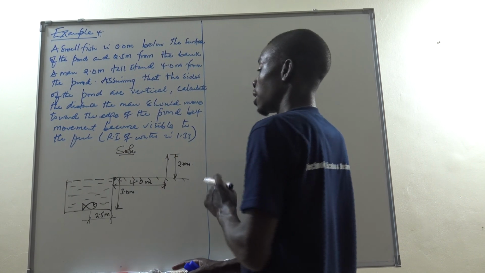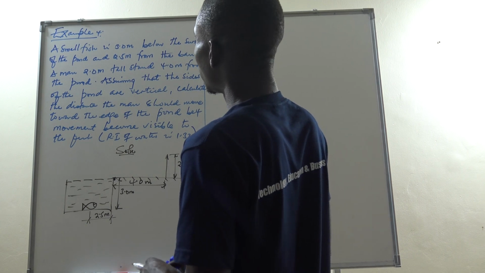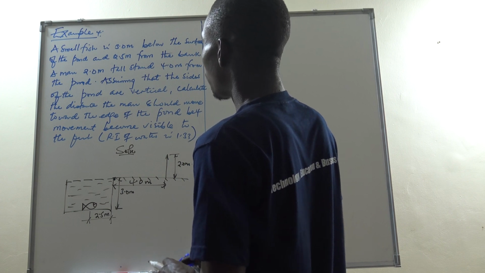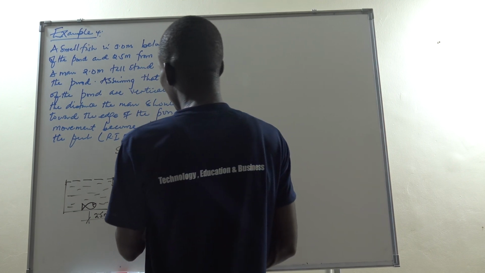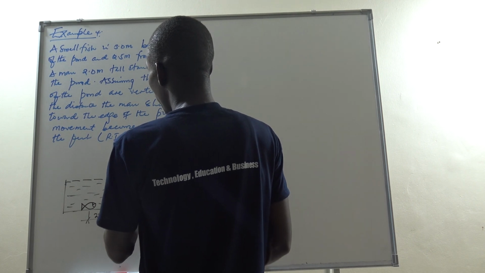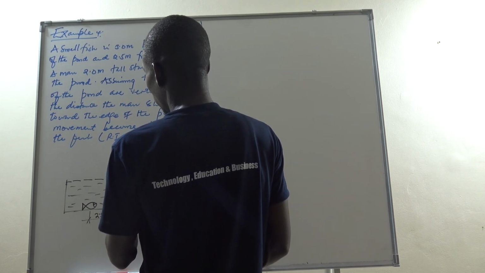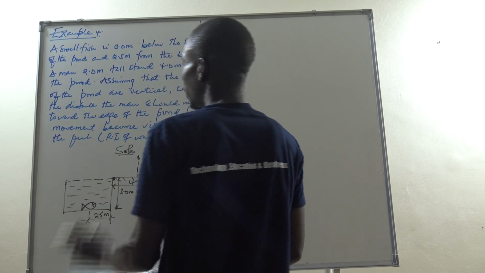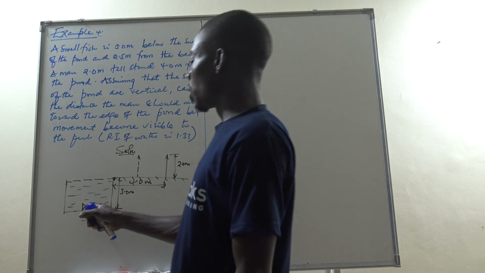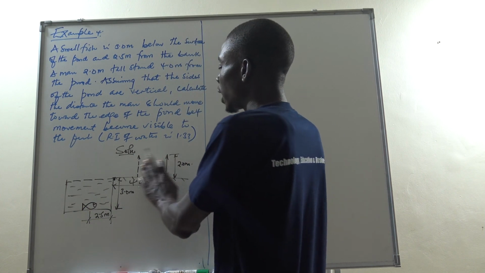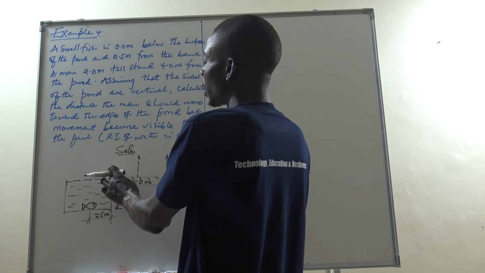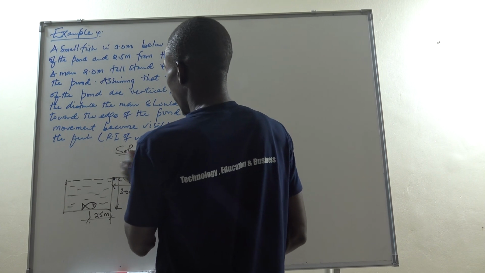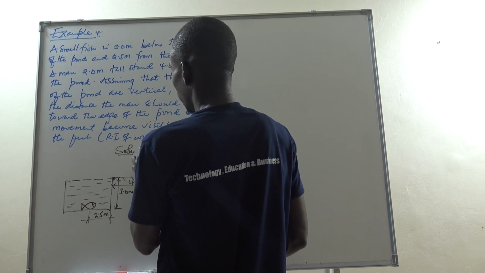And his height is 2.0 meters. They're saying to calculate the distance the man should move toward the edge of the pond before the movement becomes visible. How far should he move? Maybe if he moves and comes here, at this point, should he continue moving, the fish will automatically see him. It becomes visible to this fish here. He should move some distance this side before the fish sees him, and if he's to move this distance x,